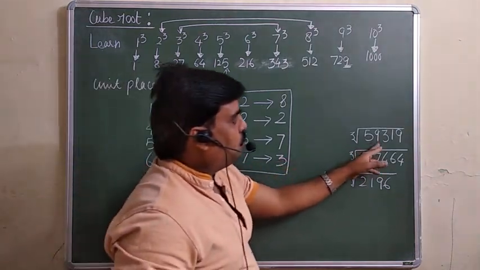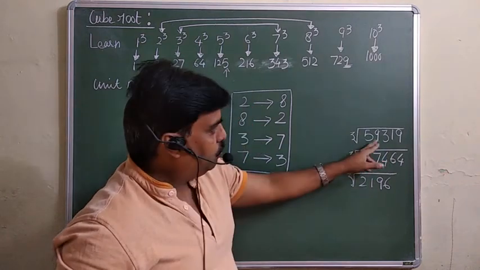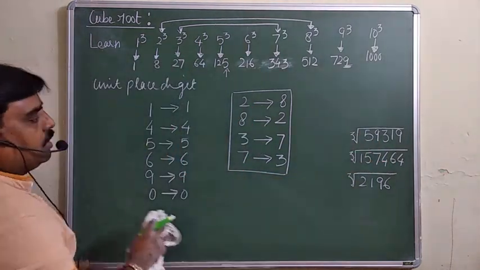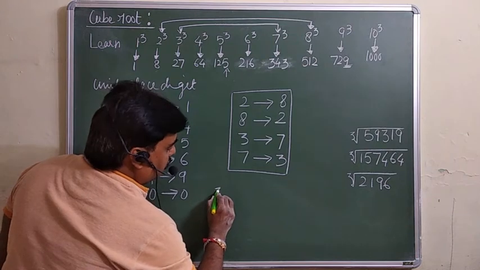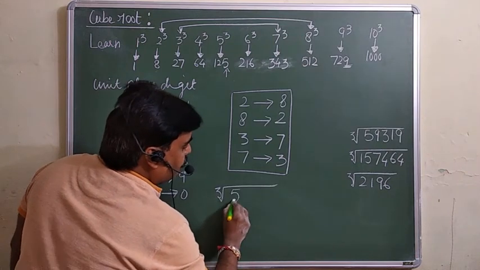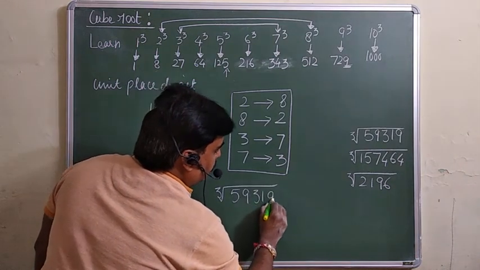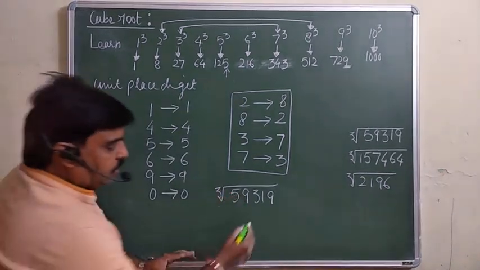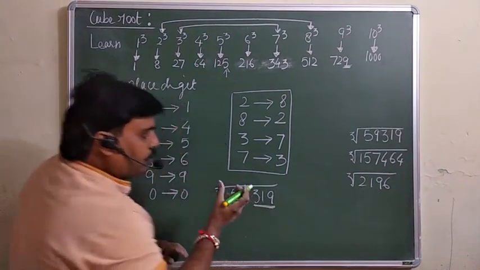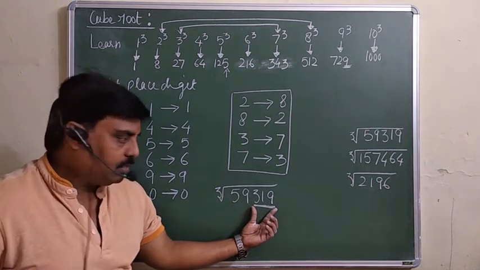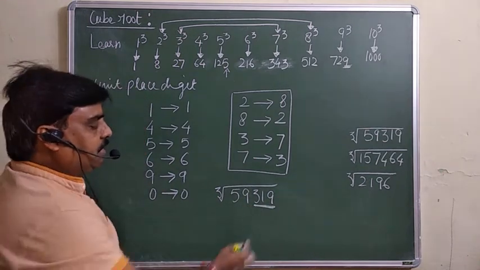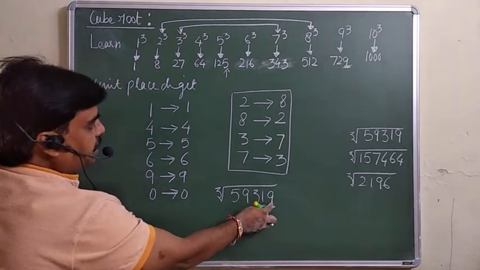Now, for example, you want to find the cube root of this number, suppose. So I am writing here, the cube root of 59319. The shortcut is there. Just take the 3 digits only. You have to make a group. The first 3 digits from the right side, so you are getting this 9. Where is this 9 coming from?